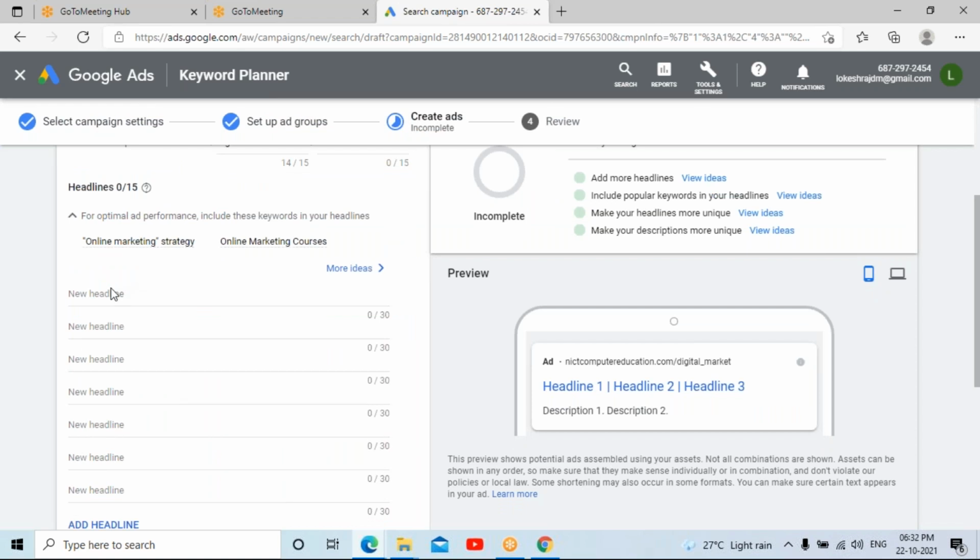The next thing is the headline. Make sure that the same keywords you have added are used over here. If you want to make changes, you can make them here also.